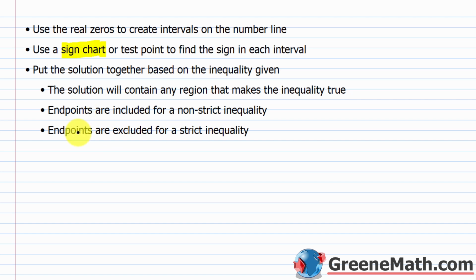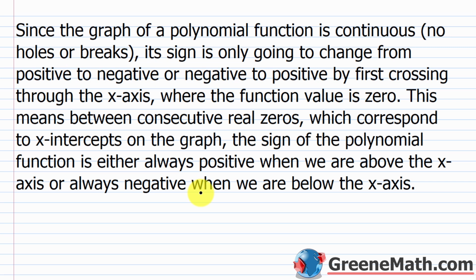Again, when I say endpoints, I mean the critical values, or you can think about these as the real zeros that we use to create those intervals on the number line. All right, so we're just going to take a few moments and think about where that procedure comes from and why it works. Since the graph of a polynomial function is continuous, we know